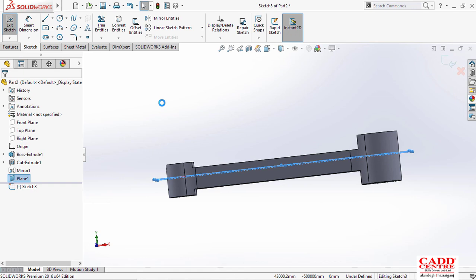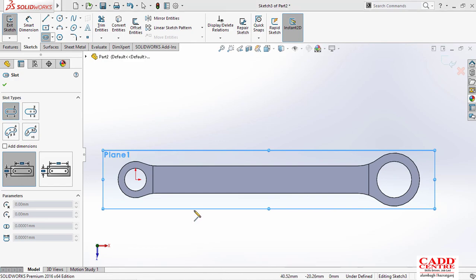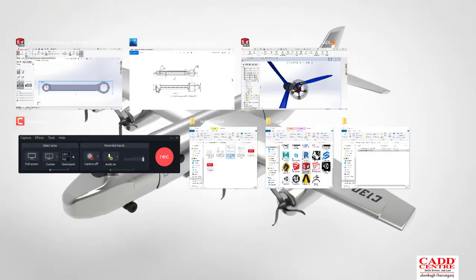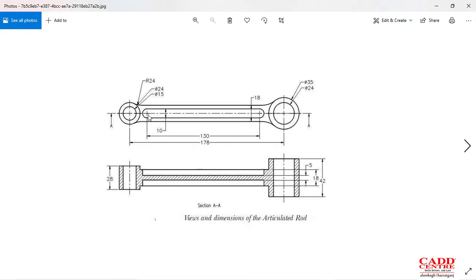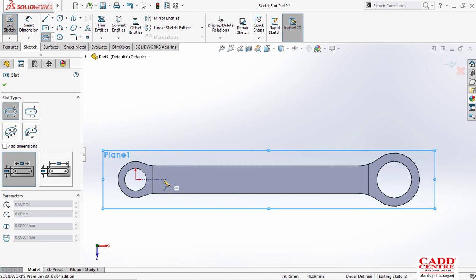So we will have to sketch the slot, same type of slot which we have drawn previously. So let me just see the dimension of this. They have given that the slot would be 130. So just track the midline, from here to here, that would be 130.